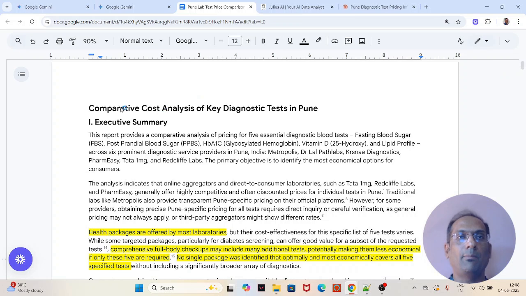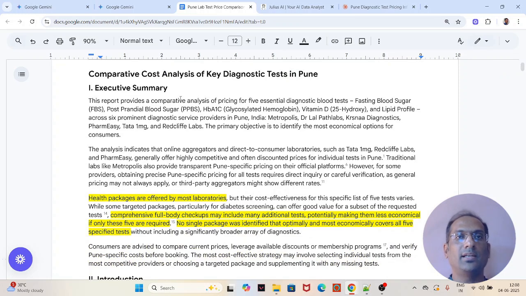Alright, so it starts with a comparative cost analysis for the key diagnostic tests in Pune, okay. So it starts with an executive summary. So these are the 5 tests it has listed down, that it has to find the best price for. So the primary objective is to identify the most economical options for the consumer for these 5 tests